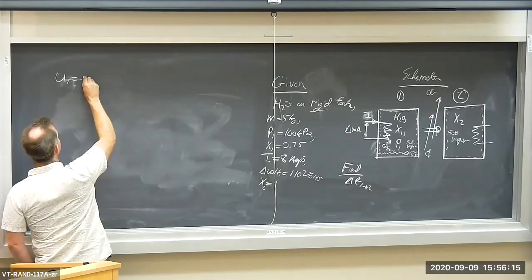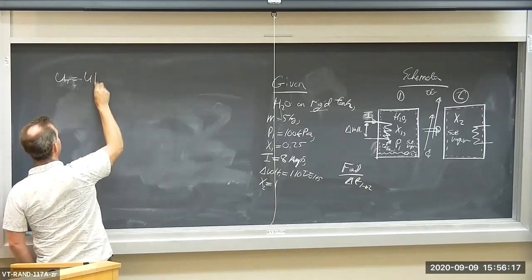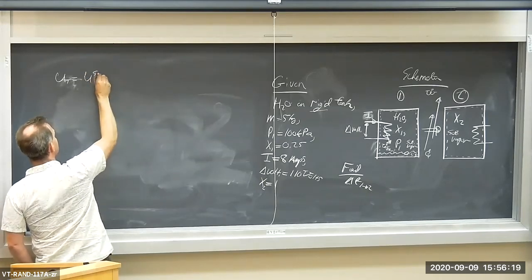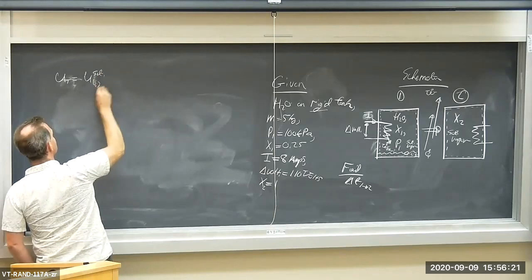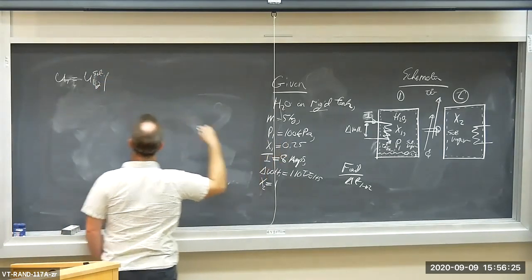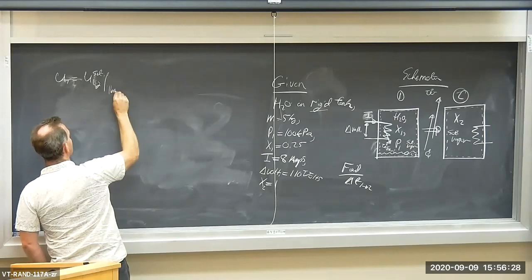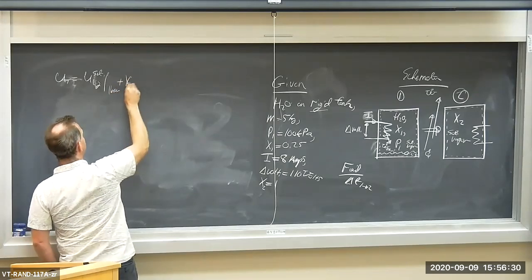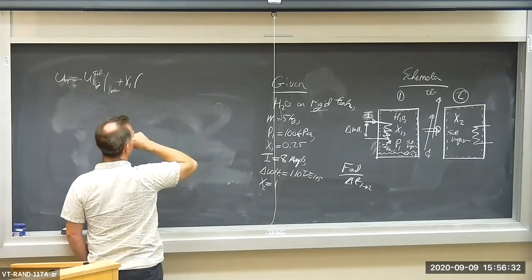So U1 is equal to the specific internal energy of the saturated liquid, evaluated at 100 kPa, which is a bar, plus the quality at state 1 times,